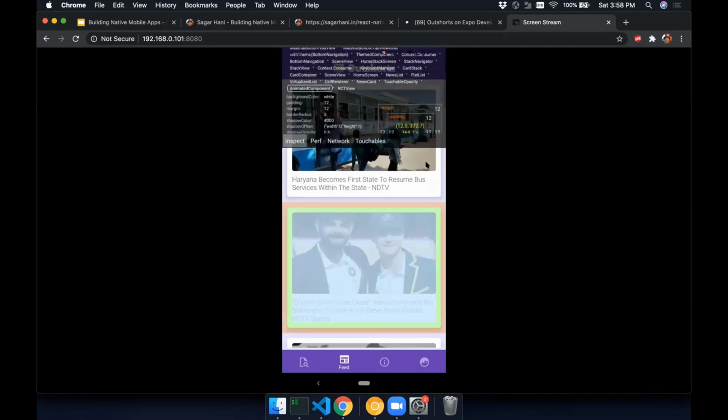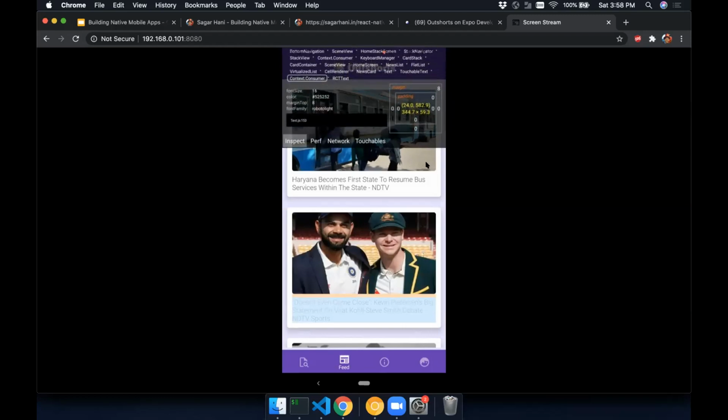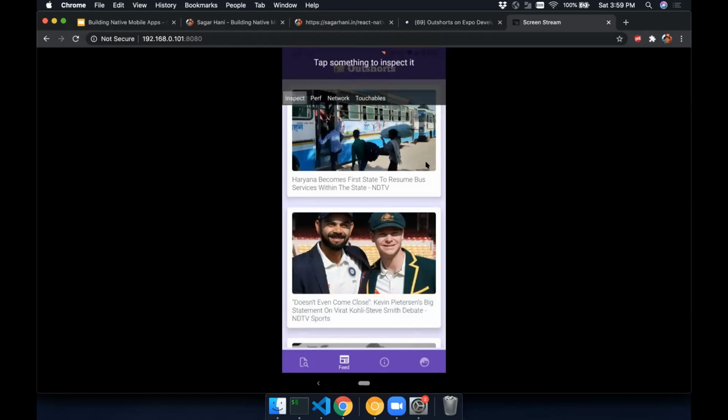On the top you can see the height, the margin top, and the padding I've given to this particular component. I can click on the image and see the height and width I've given for this particular image. Similarly, you get this CSS box model, something similar to what you get on web, where you can get an idea of the padding and margin. Also on the left hand side, you can see all the CSS properties which I've applied for that component. This comes under the inspect tab.